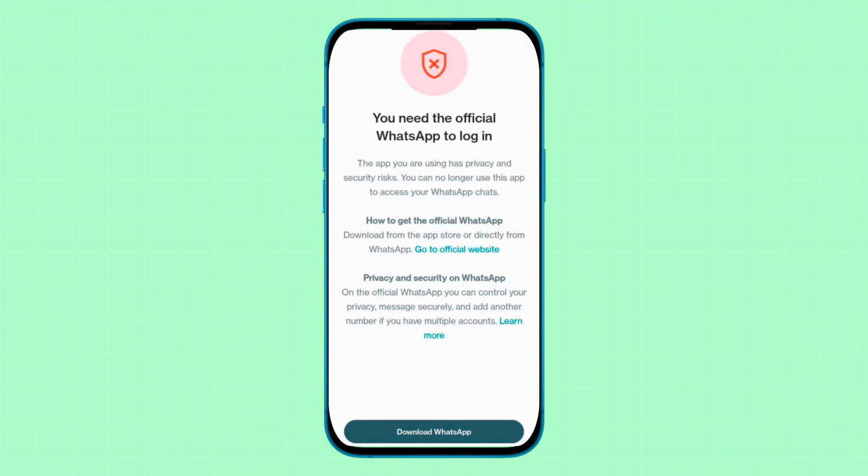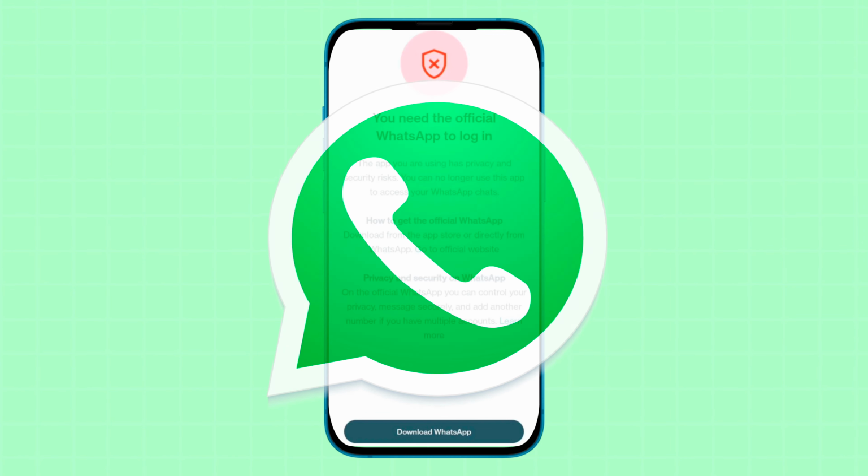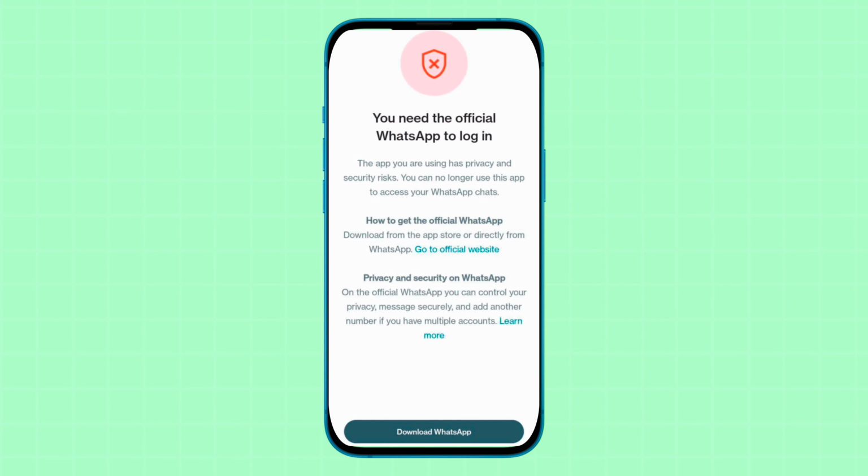So guys, if you also face this kind of problem where it is written you need the official WhatsApp to log in, or guys, due to this issue you are unable to use your WhatsApp account. So guys, in today's video I will tell you how you can fix this issue and how you can use your WhatsApp account. So guys, in our first method, first of all delete the third party WhatsApp application, and guys,